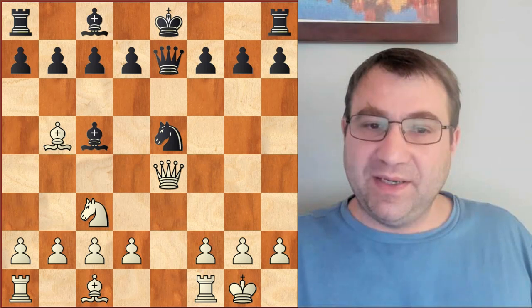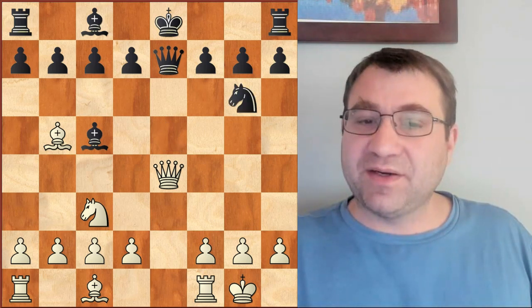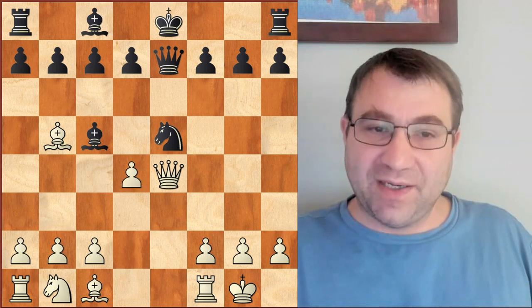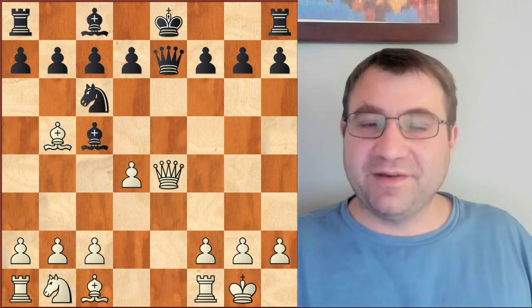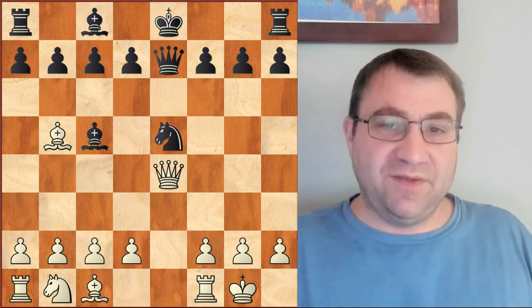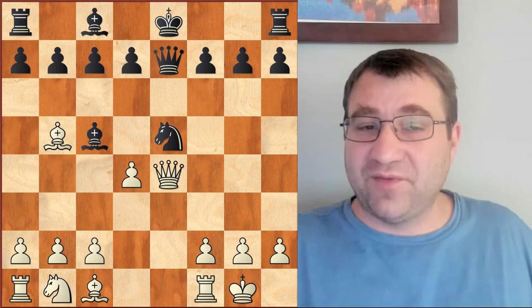Against knight to c3, black really does need to play knight back to g6. And against pawn to d4, black really does need to play knight to c6. And these little nuances are really critical. Because if you play d4 in this position, which is actually the move I sort of recommend because it's a